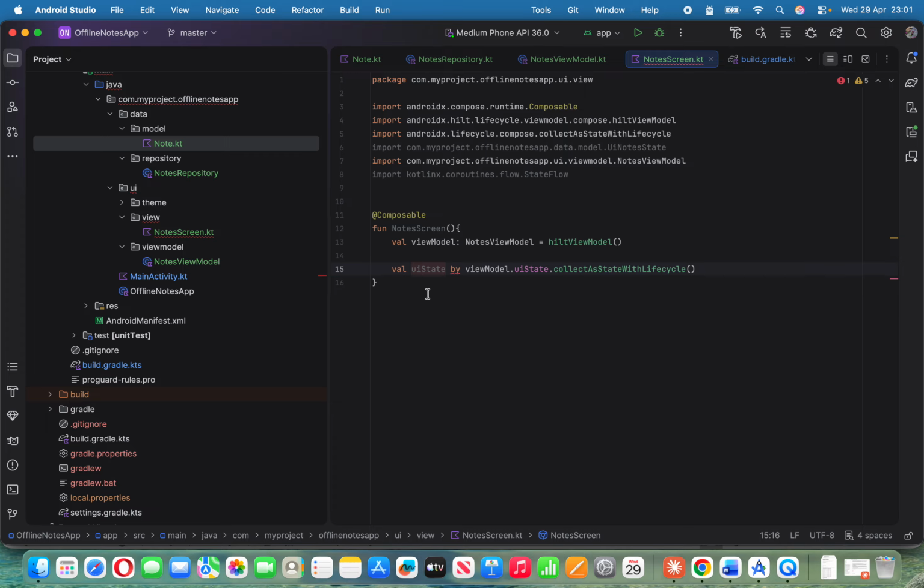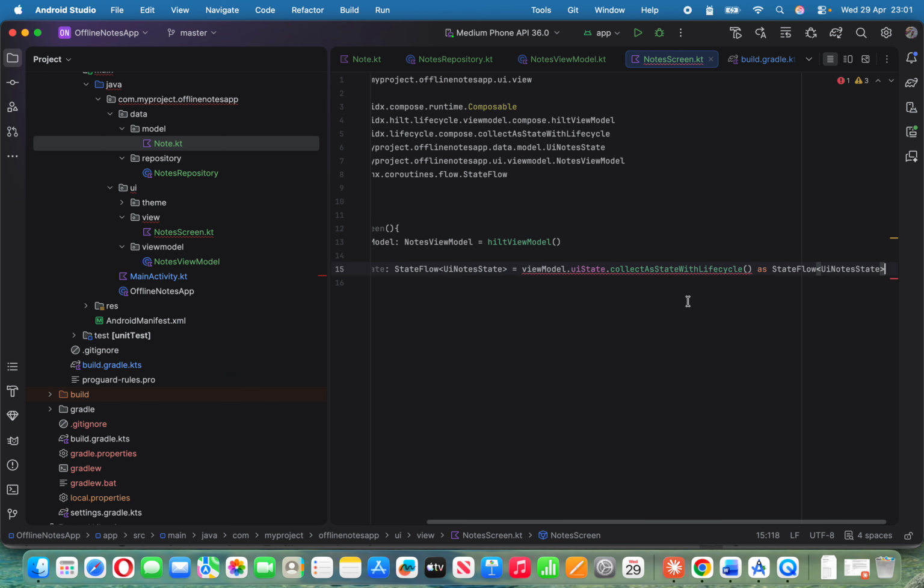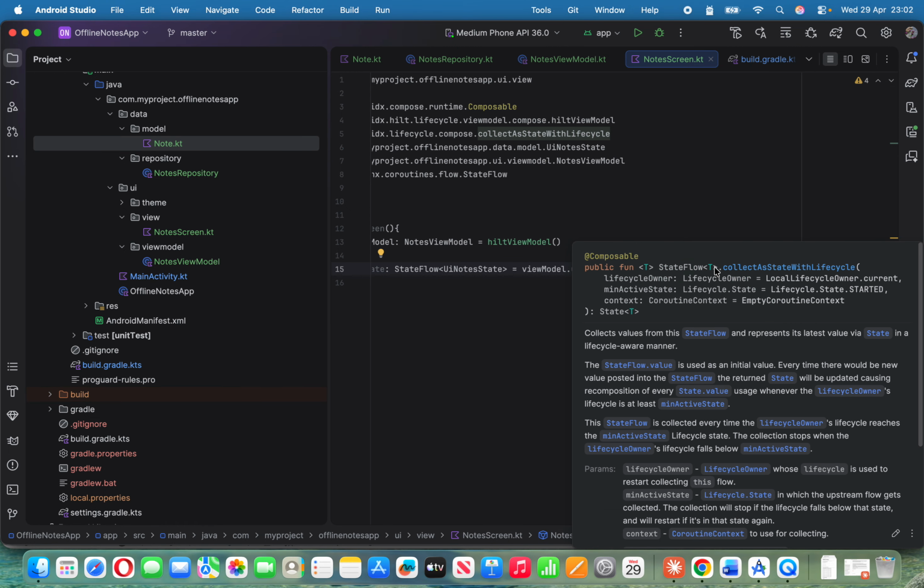Hold on one moment, let's find out why it's complaining. Type mismatch: actually it is NodesState, expected State. So it's asking us to cast it. Hold on, let's